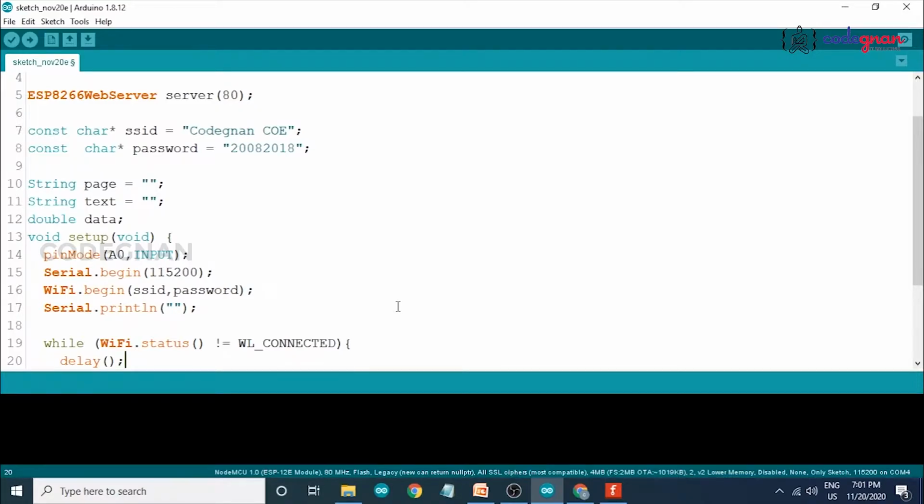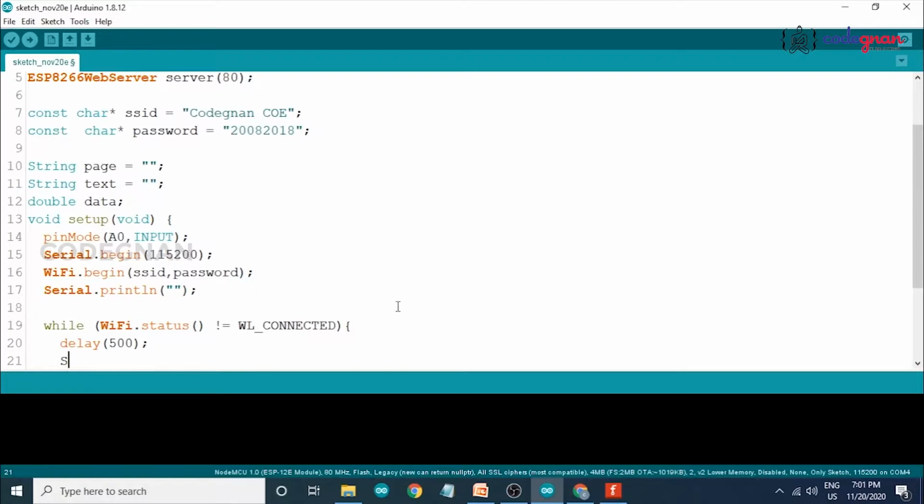Delay some time. Now Serial.print connecting, so that we can find it's connecting.